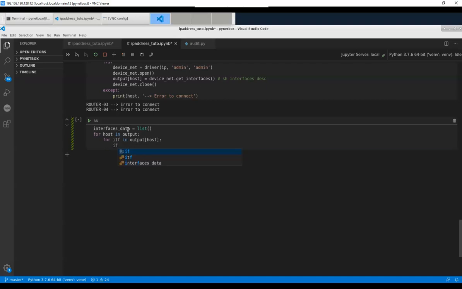So here I will add a new test. This test has to check if my interface starts with Ethernet. Why? Because in the output I will find loopback and interface VLAN. But for me, I need only physical interfaces. If the test is okay, I will create a row which is a dictionary, and I will put my host, which